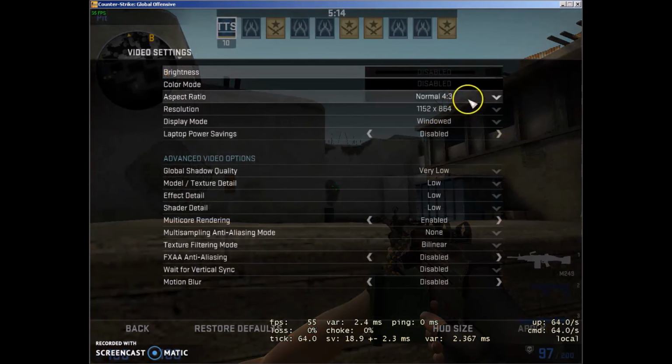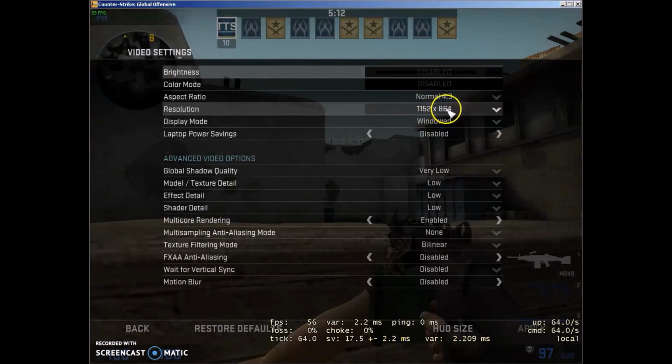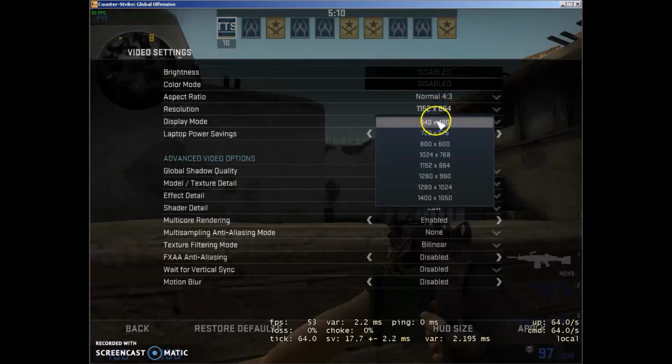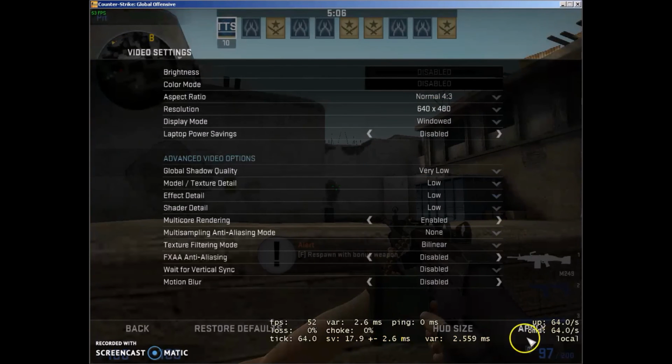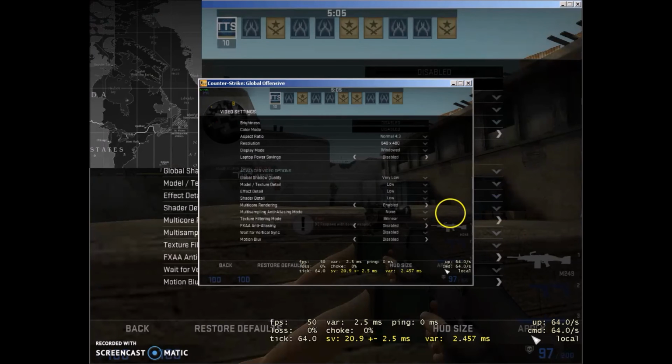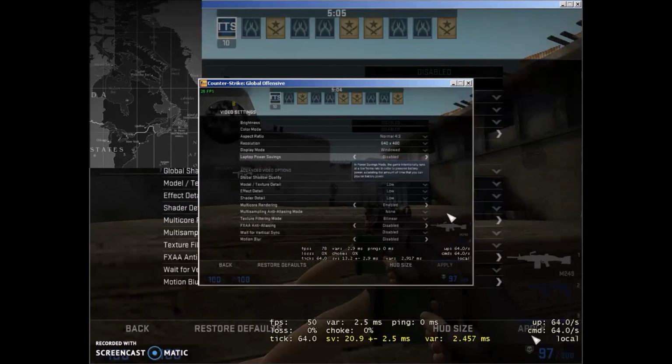So as you can see, I'm on 4:3, 1152 by 864, and even though I'm windowed, I'm getting on average about 45 FPS. But I'll change to the lowest resolution in the game. Obviously, I'm going to get a lot more FPS. And even though I'm still going to be losing frames quite rapidly because I have all this stuff open on my computer, it will help a little bit. And as you will see here,